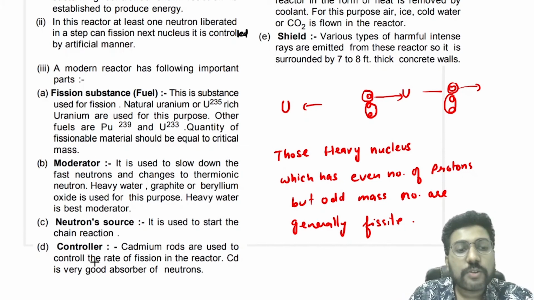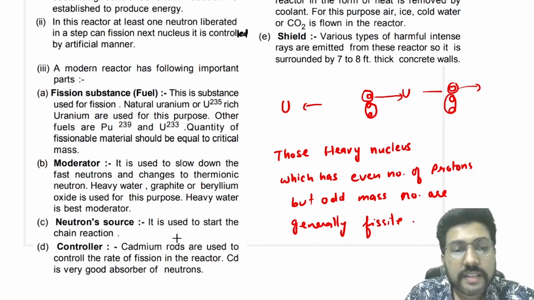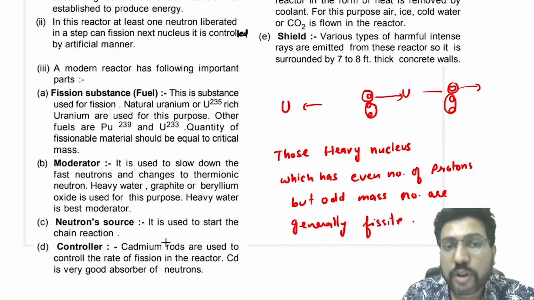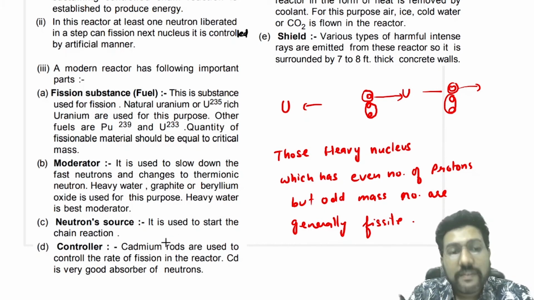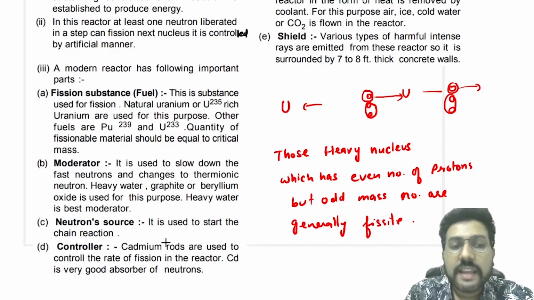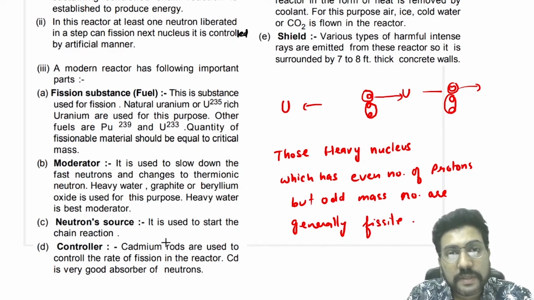Then there is a controller. Cadmium rods are used to control the rate of fission in the reactor. Cadmium is a very good absorber of neutrons. You know that you have to absorb neutrons, right? So neutrons are absorbed by neutron absorbers, and mostly cadmium is used for this purpose. Lead is also used. Lead is also a good neutron absorber, so lead can also be used. Okay,